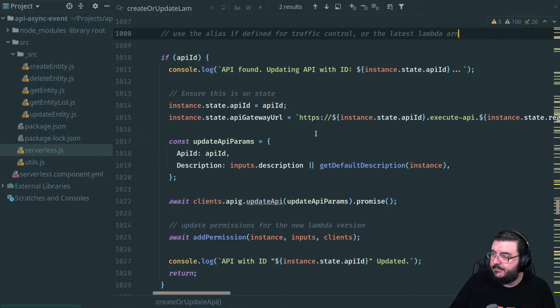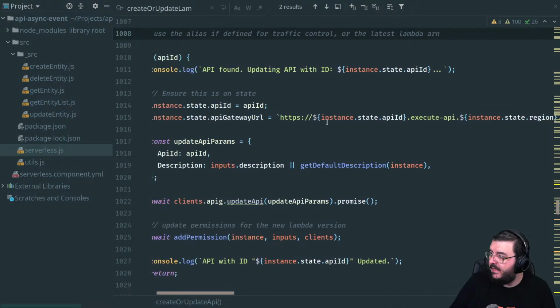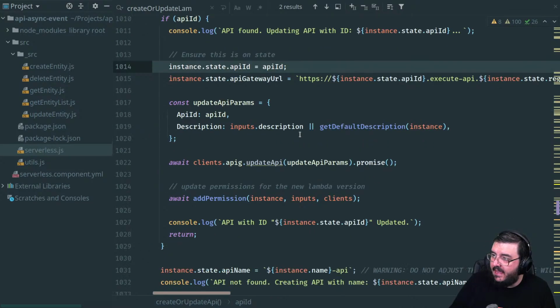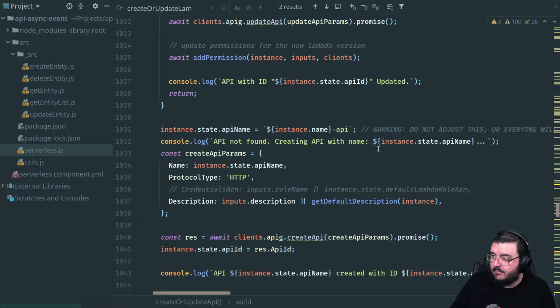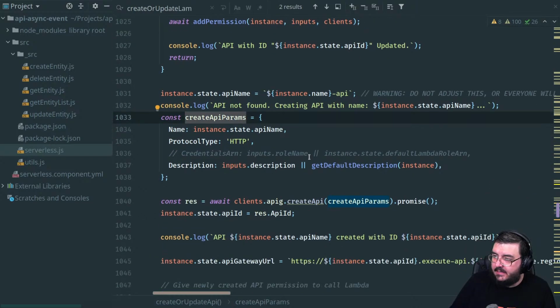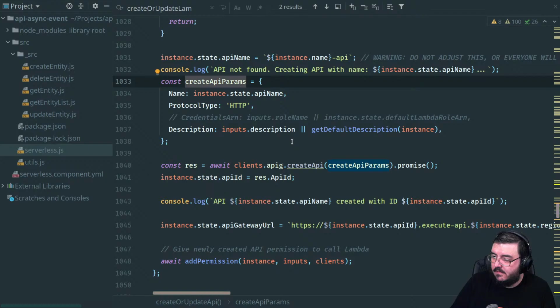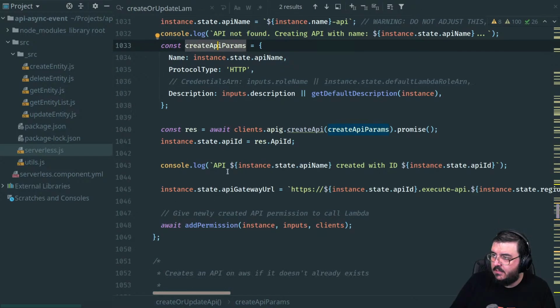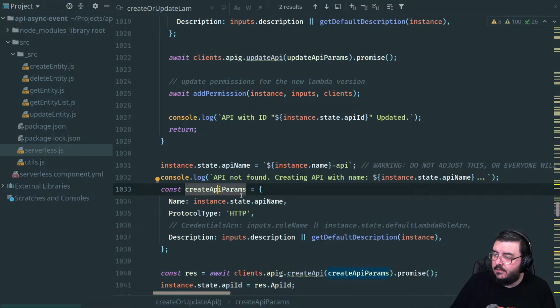Okay. All right, so we have the API Gateway URL. That's fine. We have the API ID. We have the create. Now, after the create happens... Actually, I'm doing this wrong.